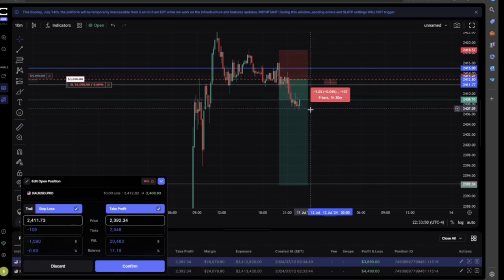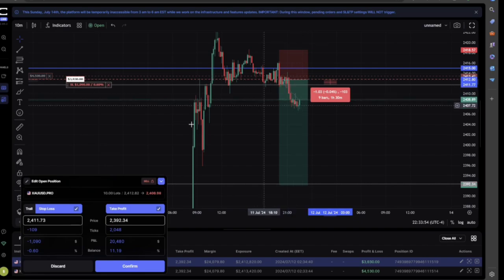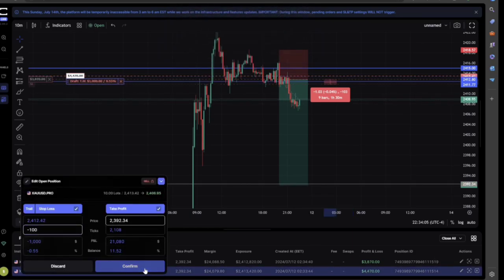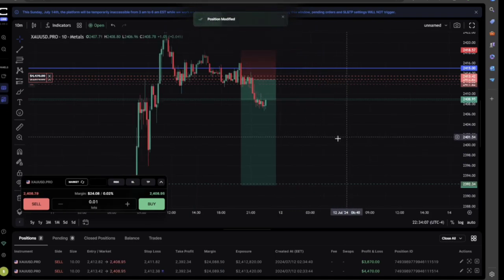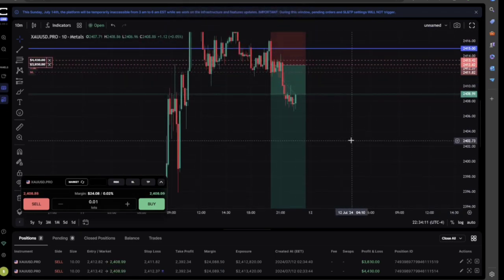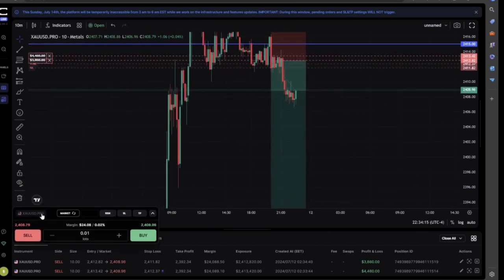So every time price action comes down 10 pips, TradeLocker is automatically going to trail my stop loss by 10 pips. All I'm going to do is enter 100 here, and then TradeLocker will automatically do that. I already had it entered at 100, except for this one, so I'm going to edit this to 100 here as well. So every time price action starts to go down by 10 pips, my position is secured and I'm securing more and more profit. Right now, my position is still borderline break even, but even if this trade breaks even,